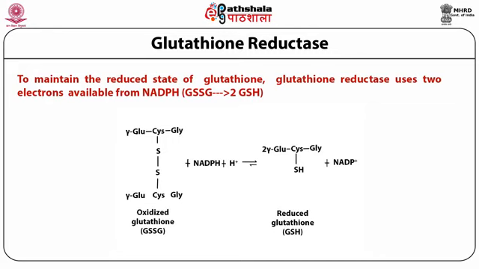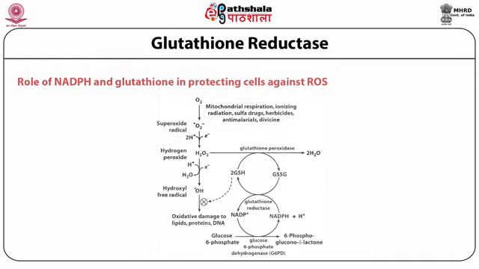The figure shows the role of glutathione reductase, a flavoprotein that contains the coenzyme FAD and is related to ferredoxin-NADP+ reductase. To maintain the reduced state of glutathione, glutathione reductase uses 2 electrons available from NADPH. The next figure shows the role of NADPH and glutathione in protecting cells against reactive oxygen species. In erythrocytes, to reduce hydrogen peroxide level through a